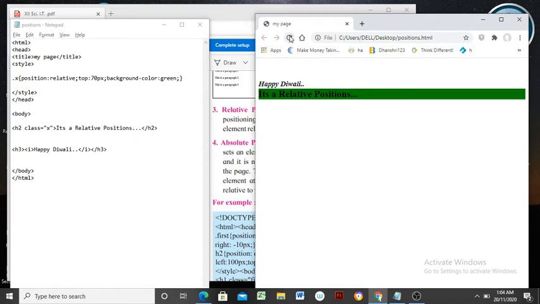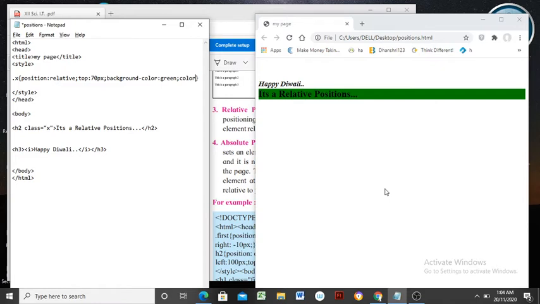Yes, it's a relative position like this. It is possible. So one can apply such types of values. Such values may be background color, text color, alignment, as well as text decoration. Suppose if you want to apply something else here now, it is possible.